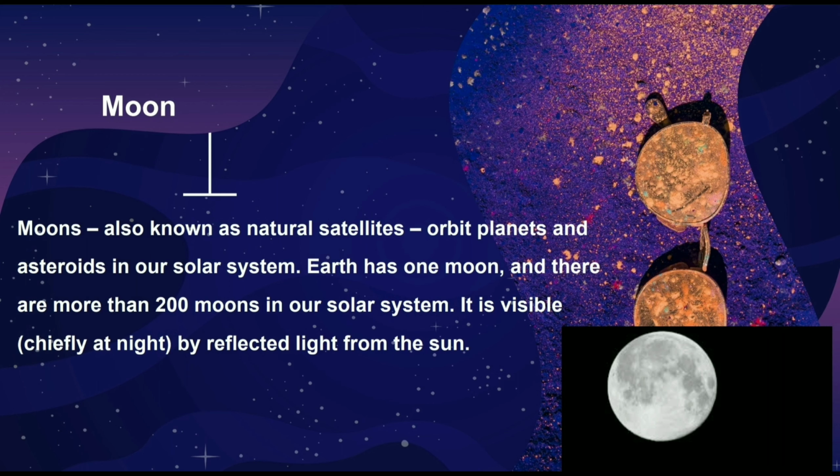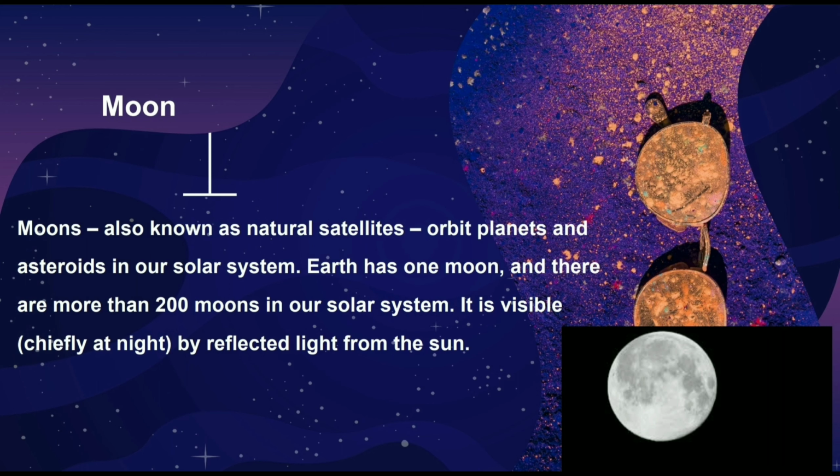Now the Earth only has one moon. So the moon is very special to us because we only have one of them. But there are more than 200 moons in our solar system. So did we think that we were the only ones with a moon, or did we think that there was only one moon in the solar system? No. You had a different thought, because there are more than 200 moons in our solar system. There was one point when I thought that there was only one moon in our solar system, but eventually I learned that that wasn't true.